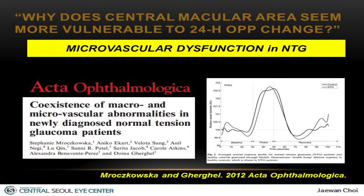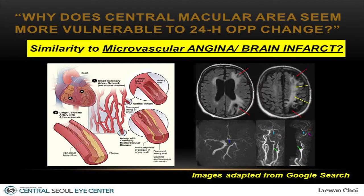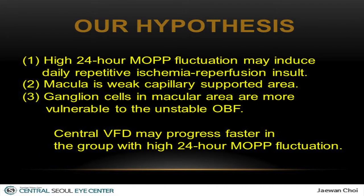In the heart and brain, microvascular angina and microvascular brain infarct can occur. In these conditions, tissue damage happens in the watershed zone, or at the most distal area between arterial territories. I think central visual field progression in the group with high 24-hour MOPP fluctuation has a lot of things similar to these disease categories. The summary of our hypothesis: